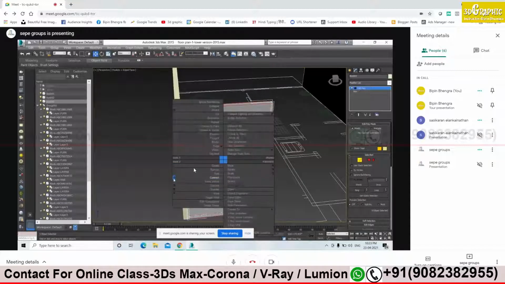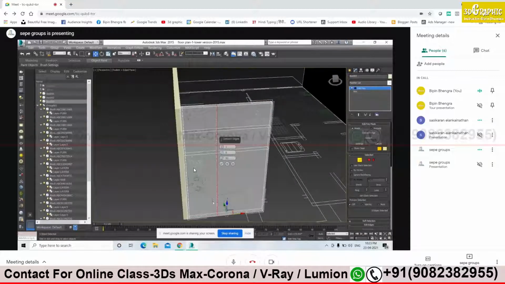Yes, now connect. Yes, correct. Now move your edge. You see the area of the wall. Yes, it should be properly on. Yes, correct. Now select the face, front and the back face. Polygon, yes.